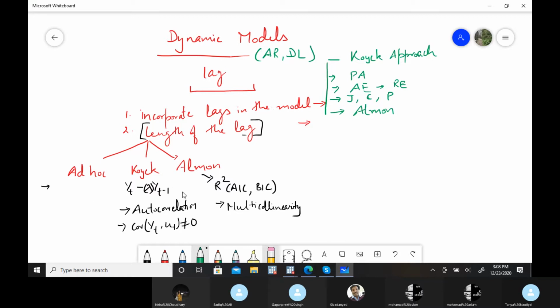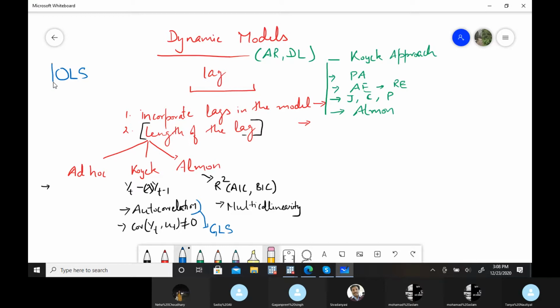In this part, the main question is the length of the lag: how many lags you want to incorporate in the model. In all these models, in the background, we are not changing the method; so far it is only OLS. If we try to solve problems like autocorrelation, then it might be GLS, generalized least squares.